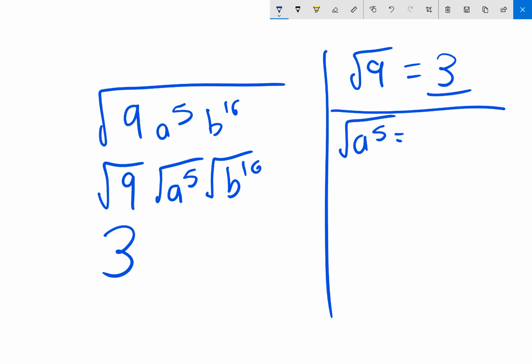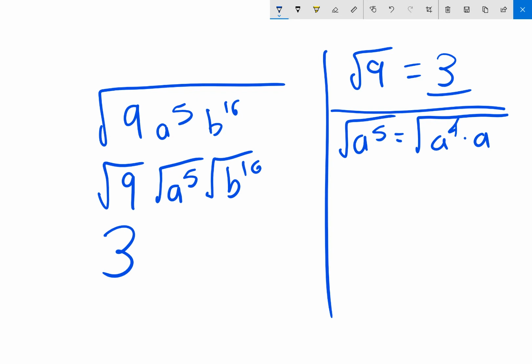exponent, it'd be easy. I would just take half of it. But it's not an even exponent, it's an odd exponent because the exponent's 5. So when you have an odd exponent, you split the a to the 5th up into the biggest even number that comes before 5, which in this case is 4, right? And then that 5th a. So you always split it up when it's an odd exponent into 2 parts. One part being the biggest even number right before that odd number, and then you have that extra or that